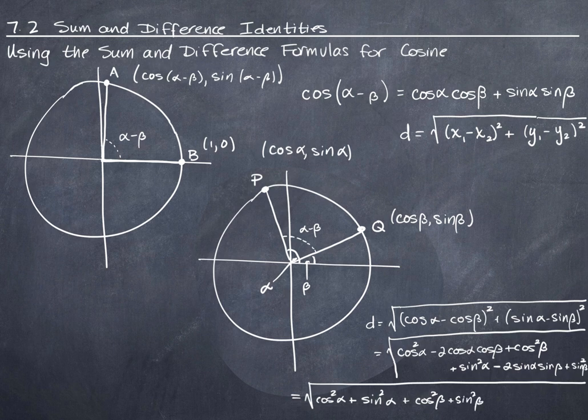And then what I have left is this minus 2 cosine cosine, minus 2 sine sine. I'll put those in next. Minus 2 cosine alpha cosine beta. Sorry, I'm writing so small. Minus 2 sine alpha sine beta. And now I can make the observation that cosine squared alpha plus sine squared alpha is